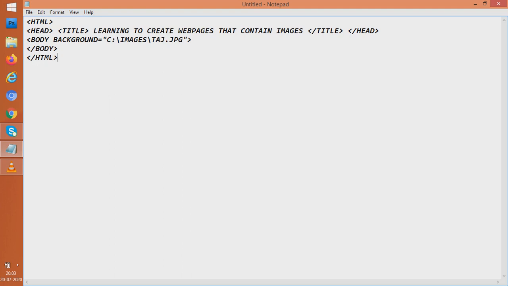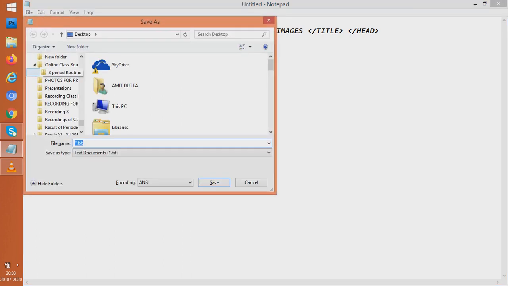Now students, so simple, we have created a web page, and this simple web page will help us to see photographs on the web page. Which photograph will we see, students? We will see the Taj Mahal. Let us first save the file. So we will save the file, and where are we saving it? We are saving it on the desktop.